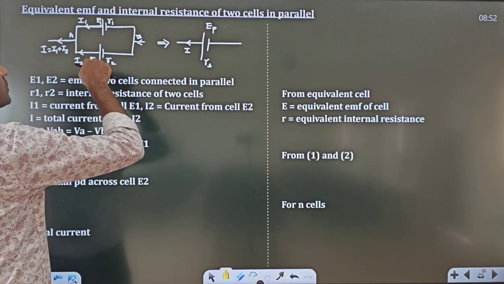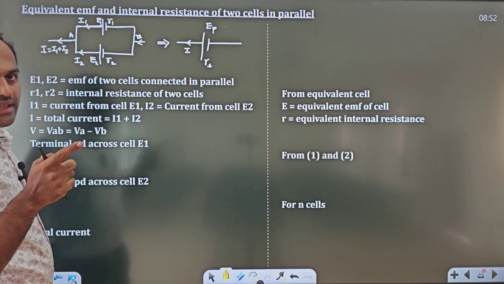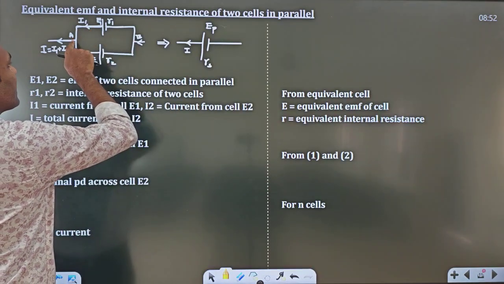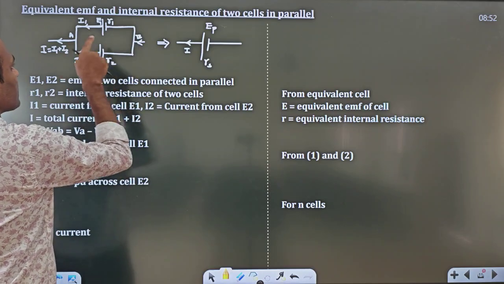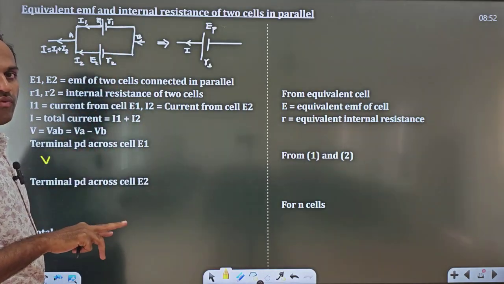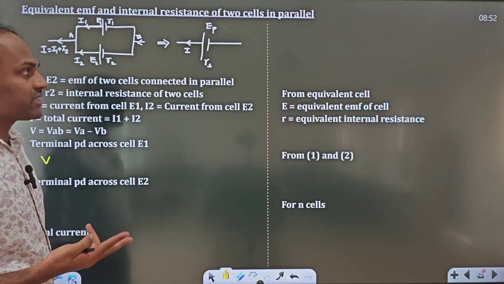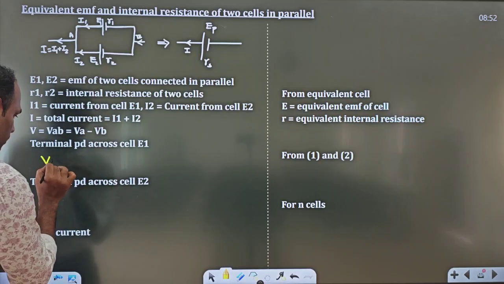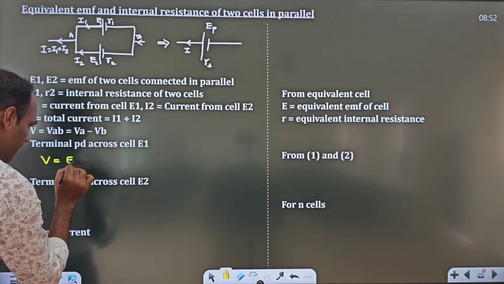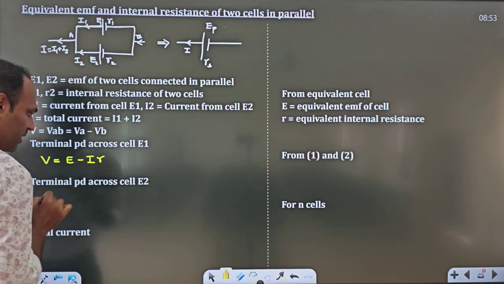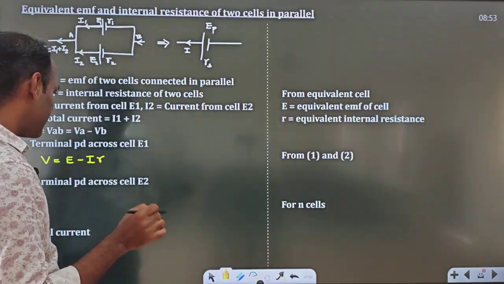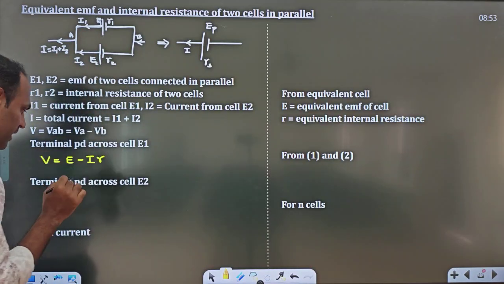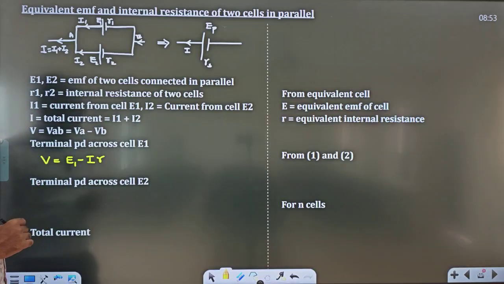Because see, the two cells are in parallel. When two cells are in parallel, the potential difference is between A and B. This cell is also connected between A and B. This cell is also connected between A and B. So here you don't need to take VAB, VBC separately, because both cells are connected between A and B. Correct? So V is equal to E minus IR is the formula. Correct? So now, since we are writing it for the first cell,